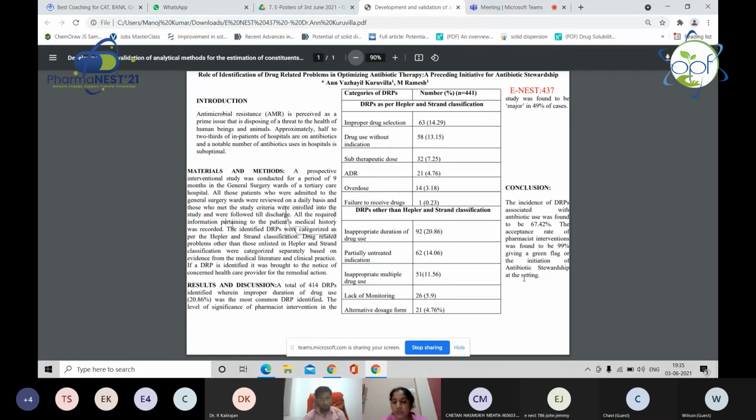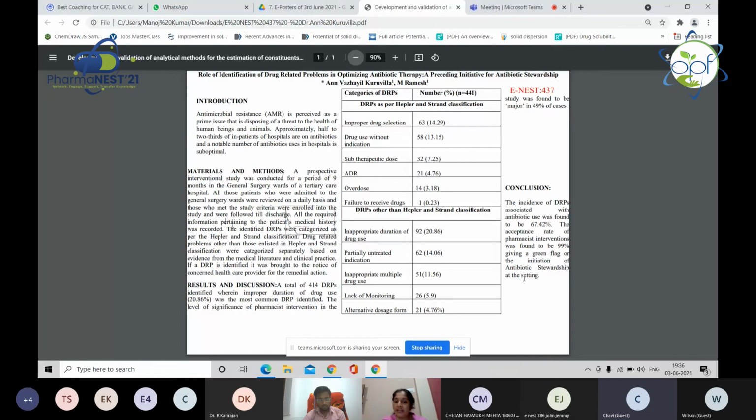And adverse drug reactions were also seen at 4.76%, and overdose was seen in 14 patients, coming to 3.18%, wherein we have a lot of patients with diabetic foot, especially in the surgical department. And most of them, because in a diabetic foot there would definitely be uncontrolled diabetes, and because of the uncontrolled diabetes, you'll have complications like nephropathy, neuropathy, all the pathies. So when you have nephropathy, you know that there is a degradation of the kidney for the clearance of the drug. So according to the creatinine clearance, we have to adjust the dose, which happened with piperacillin and meropenem, imipenem,